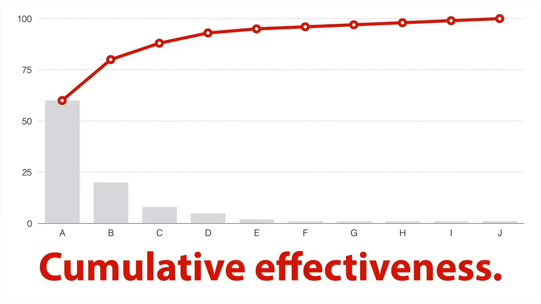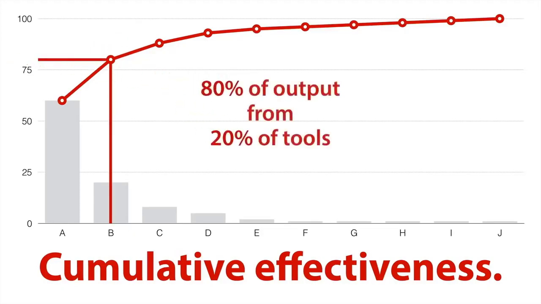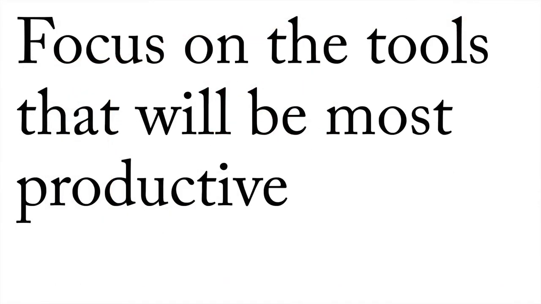The important thing about this is you only have to go to the second tool. That's 2 out of 10. So that's B, that's 20% of your tools. And in this made up example, you've got 80% of your output. So 80% of the output from 20% of the tools. That's a fictional example of the Pareto principle, but I find in real life it tends to work something approximately like that. And so you don't necessarily have to learn everything, and you don't have to learn how to do everything in everything. Instead, you want to focus on the tools that will be most productive, and specifically most productive